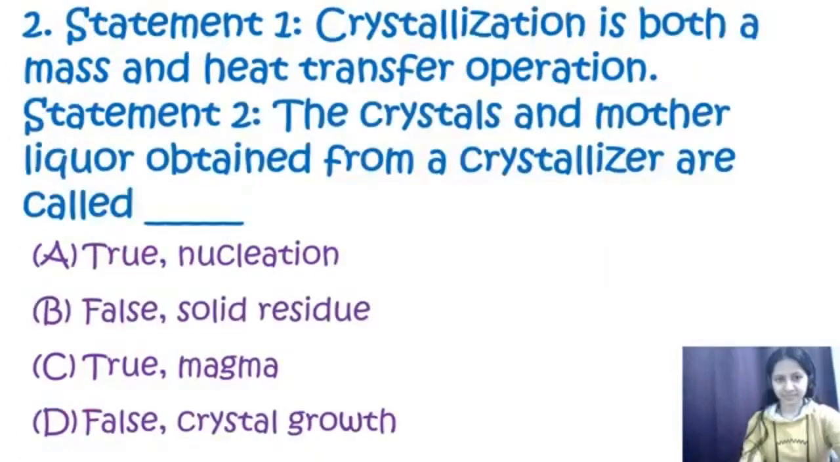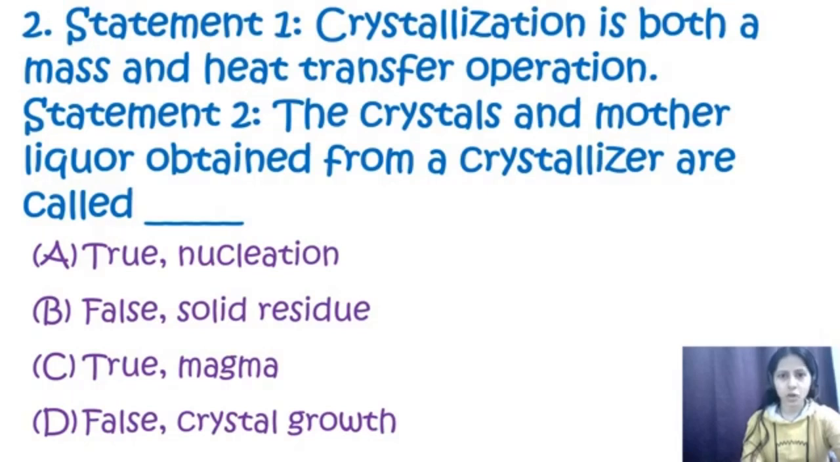Option number D. Question 2. Statement 1. Crystallization is both a mass and heat transfer operation. Statement 2. The crystals and mother liquor obtained from a crystallizer are: option A true and nucleation, option B false and solid residue, option C true and magma, option D false and crystal growth. So statement 1 is saying that crystallization is both a mass and heat transfer